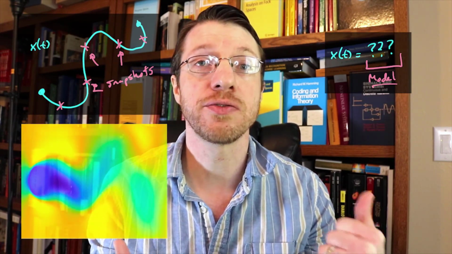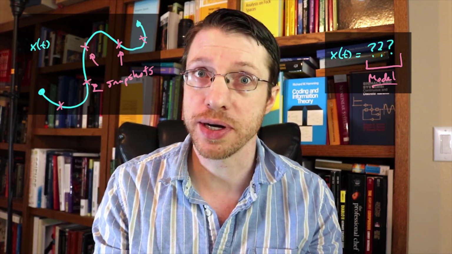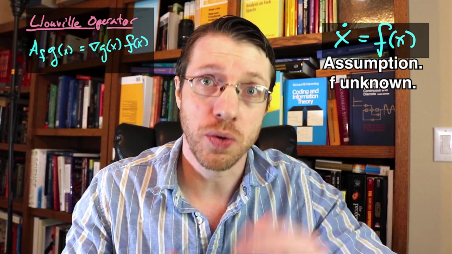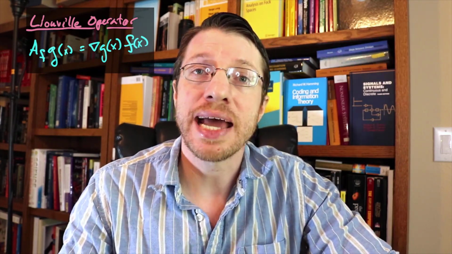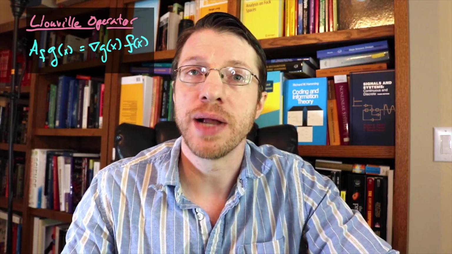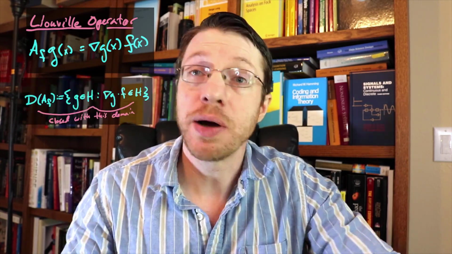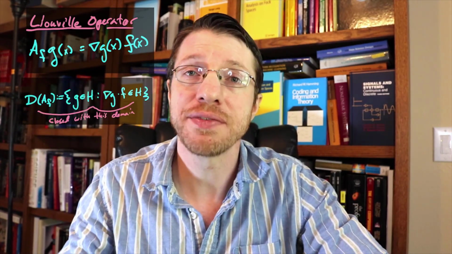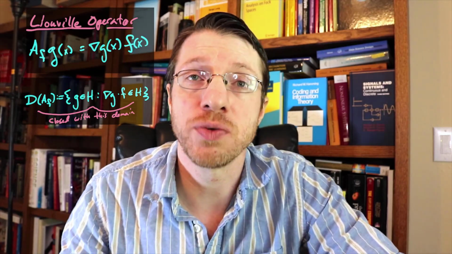And what we're going to do is we're going to apply it to spectral theory and finite rank representations of certain operators. A Liouville operator is an operator where we take an observable or a function in a Hilbert space, g, and we take its gradient and we multiply it by our nonlinear dynamics. But we have to make sure that this observable is actually in the domain of this operator. And when you have this domain, we get a closed operator, which means we have a well-defined adjoint.